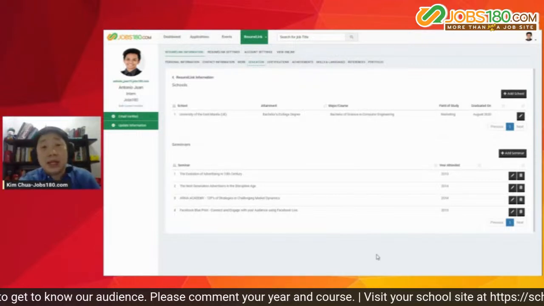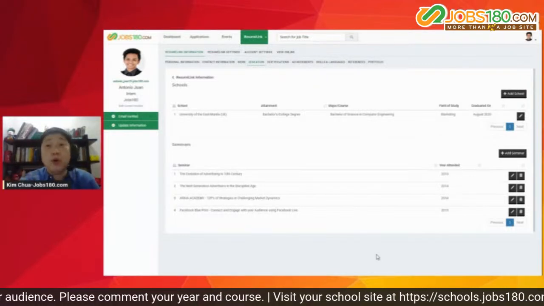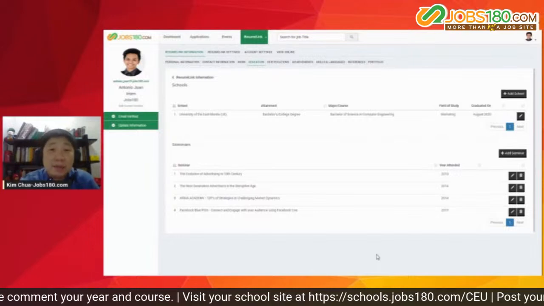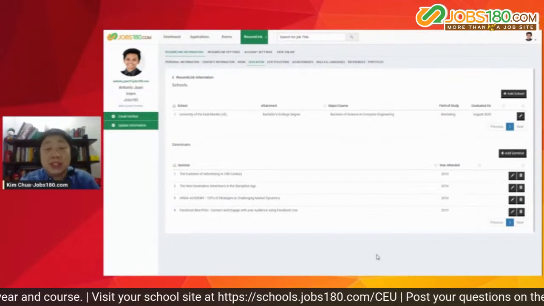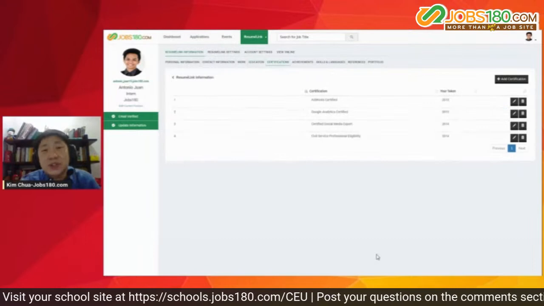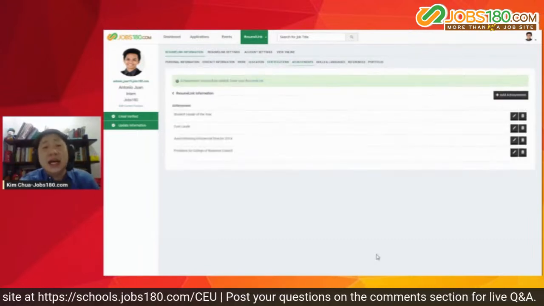Diba? Yung mga pampakapal ng resume, sa seminars attended, kahit magkopyahan pa kayo ng mga classmates mo, okay lang. Basta lang make sure, alam nyo na pag-usapan doon sa seminar na yon. Pagdating sa certification, ganun din yan. Walang limit sa space yan. Achievements,